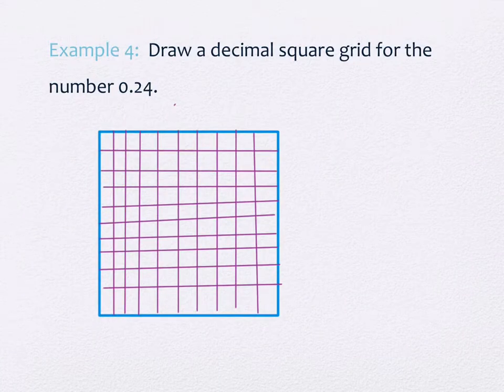And I'm going to shade in 24 of the boxes. So here's 10, here's 20, and I think that was too many. And here's 4 more. So 24 of my boxes are shaded in. This image also works really well if you talk money, right? Because we could actually talk about taking 100 pennies and then taking that image of having only 24 of them